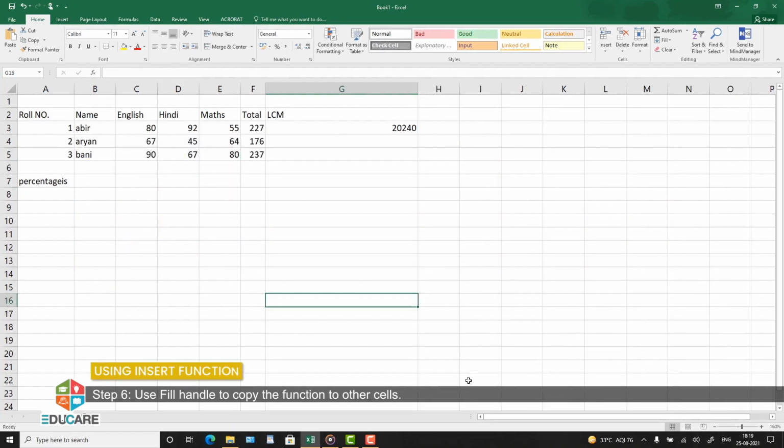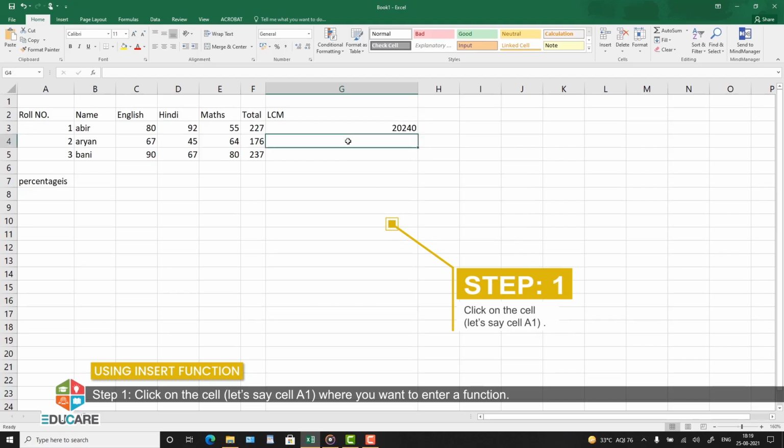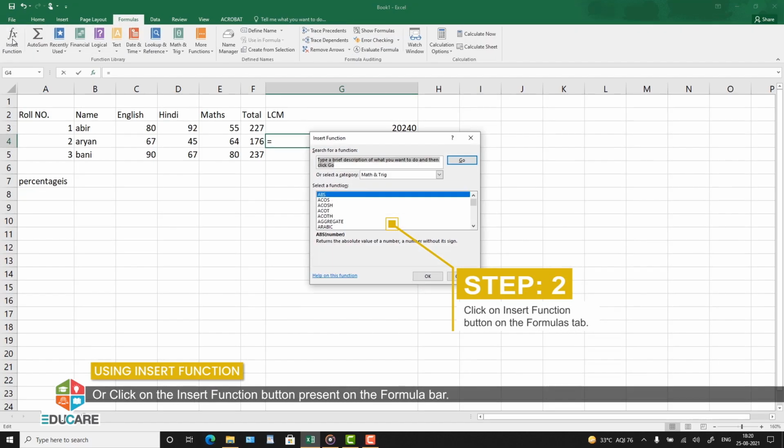Using insert function. To speed up your Excel calculations, you can use functions. Insert function dialog box is used to look for a particular function from among Excel's 11 function categories. Let us discuss here how to find LCM, least common multiple of three numbers. Step 1. Click on the cell, let's say cell A1, where you want to enter a function. Step 2. Click on Insert Function button on the Formulas tab, or click on the Insert Function button present on the formula bar. The Insert Function dialog box will appear and an equal to sign will be placed in the